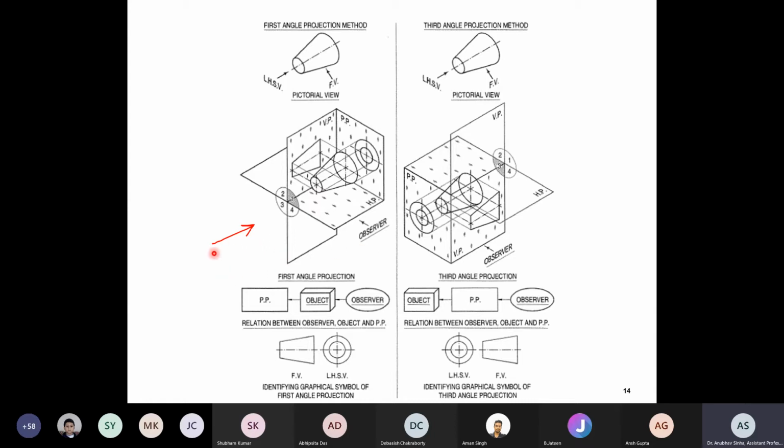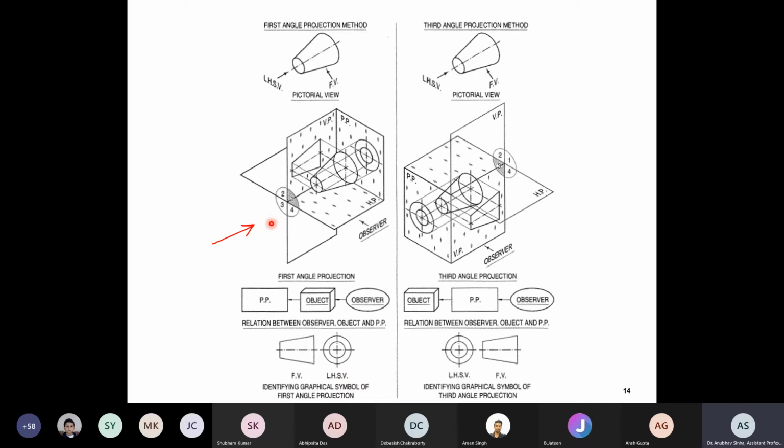How does it look from this side? You will see two circles, right? Both circles will be visible to you and will not be hidden if you're looking from this side. So you draw that view on the right side. This is actually the left side view, right? From the left side you're looking, but you're drawing that to the right of the front view. You are getting what I'm saying?